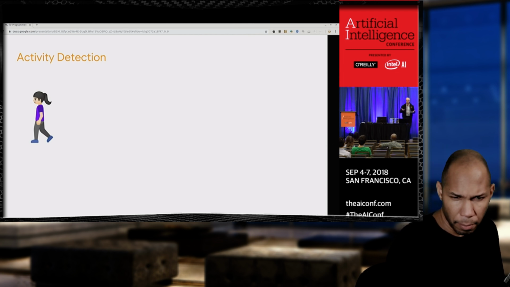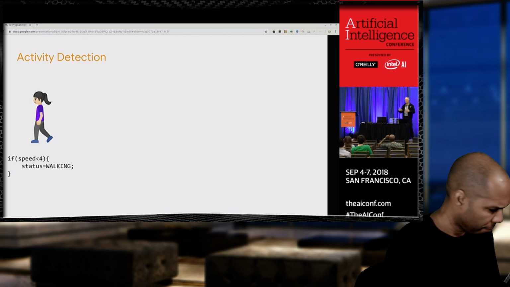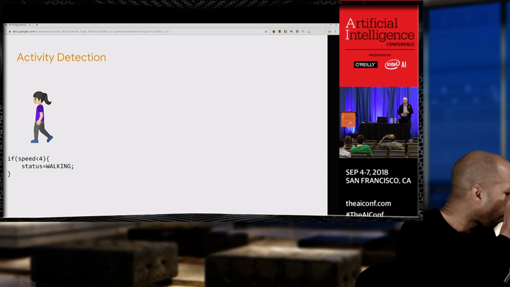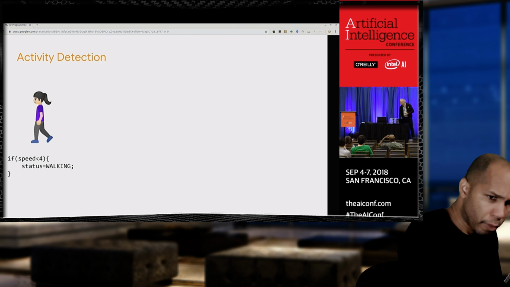You might, for example, be able to detect the speed that the person's moving at, and you'd write a little bit of code like this, right? If speed is less than 4, then the person's walking. That's kind of naive, because if you're walking uphill, you're probably going slower, and if you're walking downhill, you're going faster. But I'll keep it simple. So in code, you have a problem, and you have to express it in a way the computer understands, that you can compile, and then you build an application out of it.